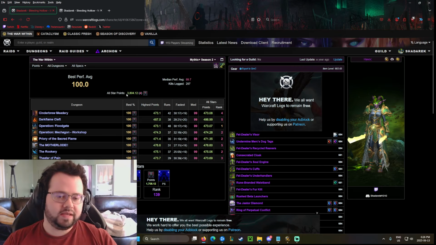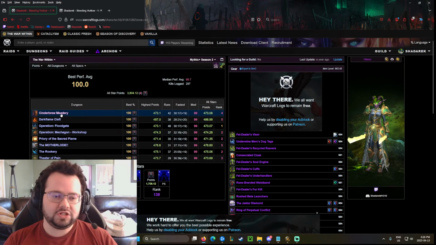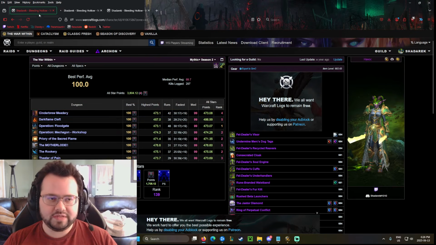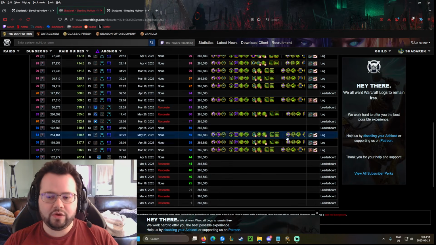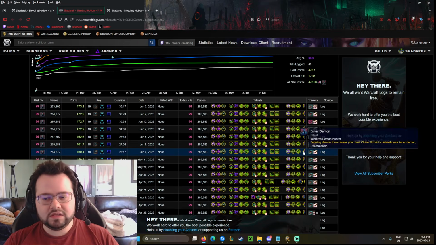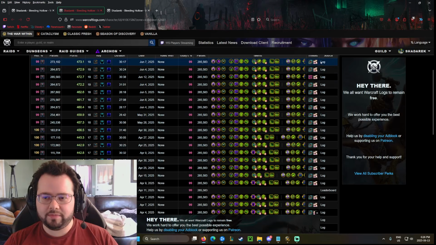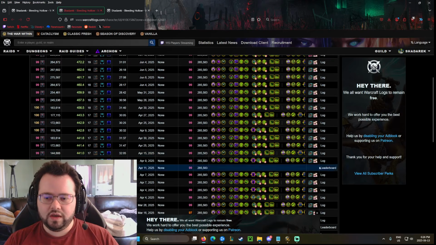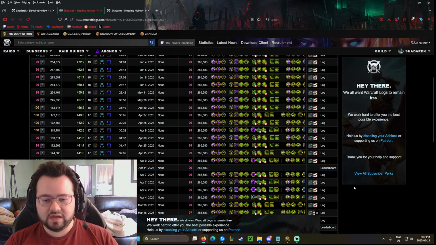Now, on this page, there's a few things that we're looking at. One is it's going to show each section for each dungeon, and if I were to click in, I'll open a new tab to keep this up. This would be all my Cinderbrew Meadery runs. And what you'll notice is a lot of these, I log my keys myself, so it shows that they're coming from a log on the right side here under source, and that means they have things like talents, DPS numbers attached. But if it says leaderboard, which if you don't log, many of your logs may show this,